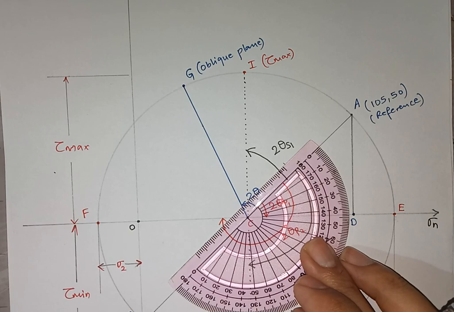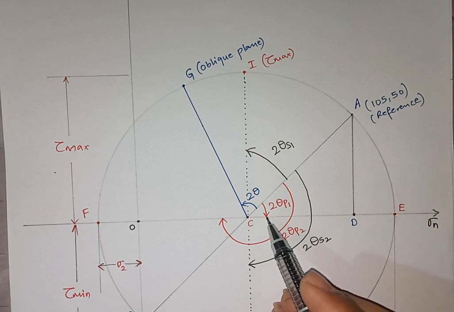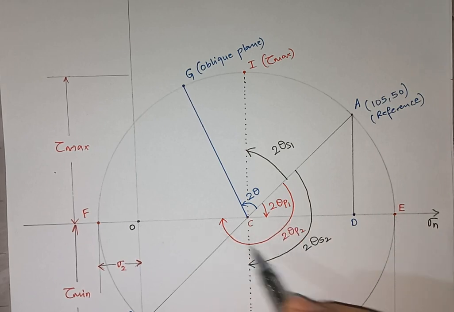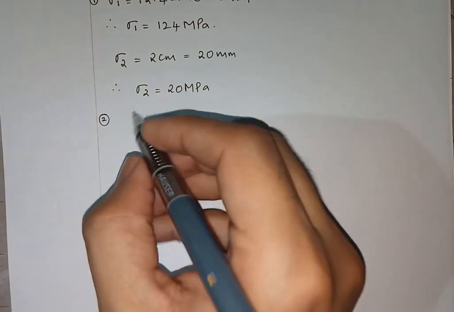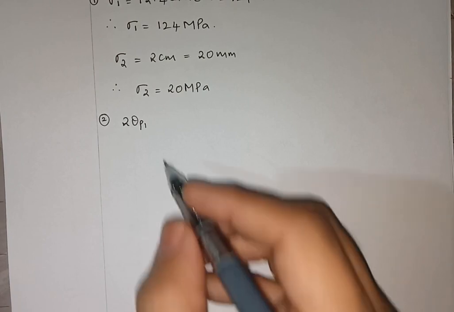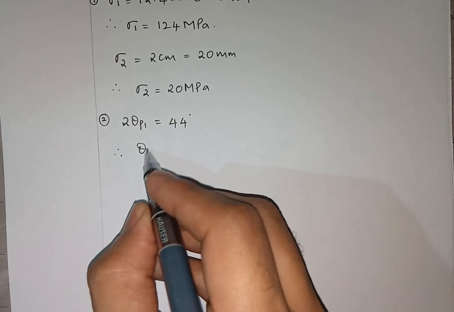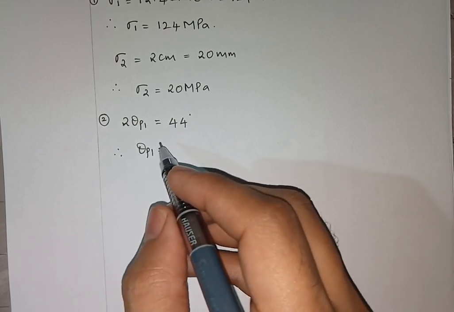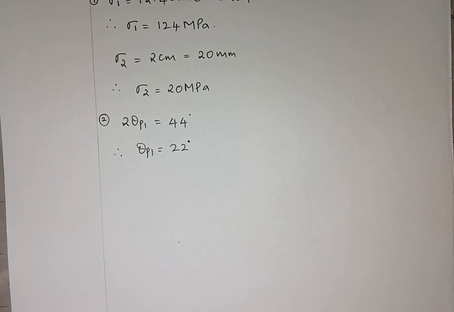And if I calculate 2 theta p2, it will be plus 180. Why plus 180? Because up to this point it is 2 theta p1 and this angle is 180, right? So let me write the values of 2 theta p1 and 2 theta. According to our protractor value, I am getting 2 theta p1 as 44 degrees. So therefore theta p1 is equal to 22 degrees and